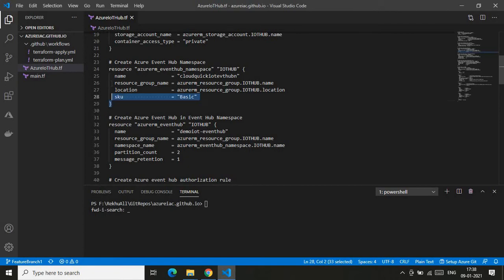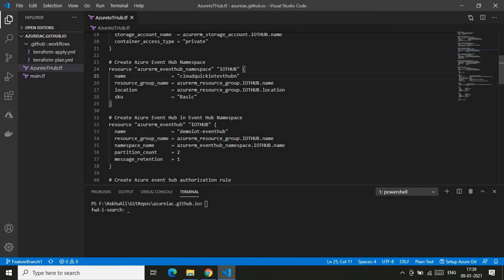So this is my event hub namespace. As you know, to create an event hub you need to have an event hub namespace. The namespace is nothing but a container which hosts the event hubs. So this is the event hub namespace definition in Terraform. Again, the event hub namespace is nothing but a resource, and we are creating a resource via Terraform by using this resource type, that is azurerm_eventhub_namespace. This is the variable. Inside this curly bracket block, we are giving the required parameters to create the event hub namespace. That is the name.